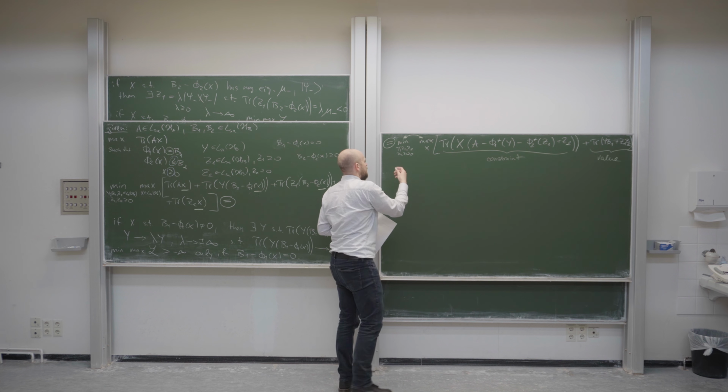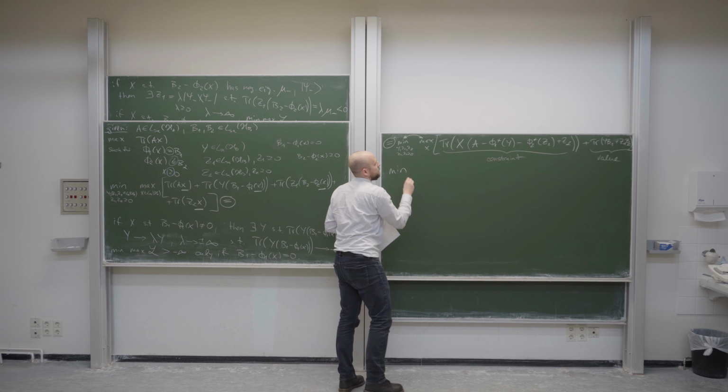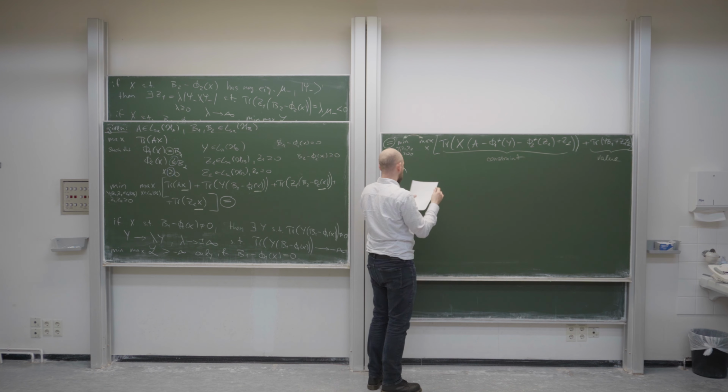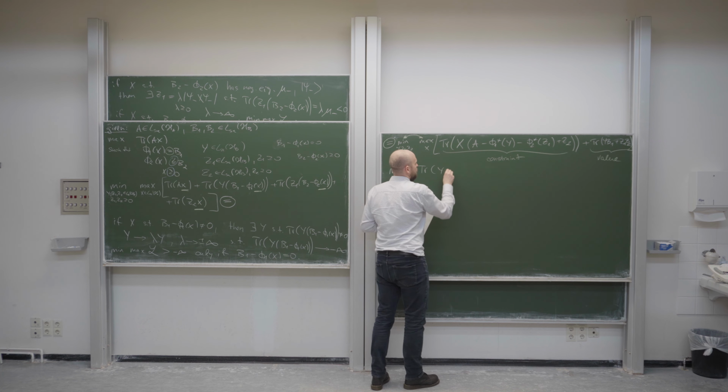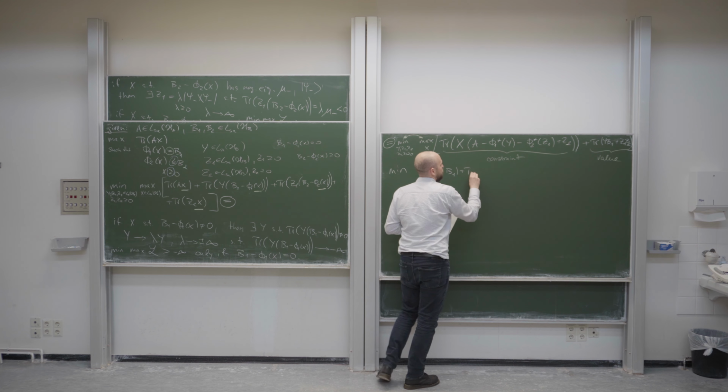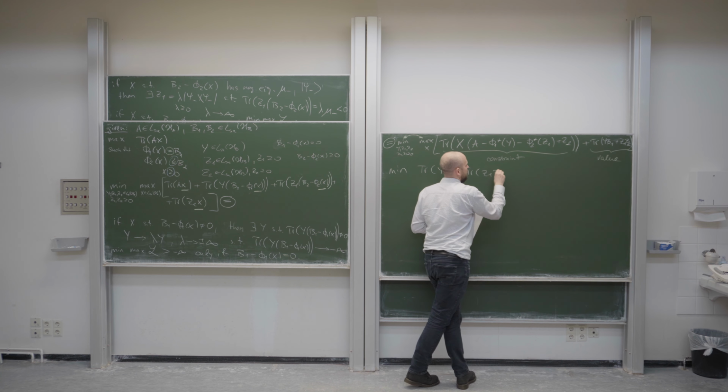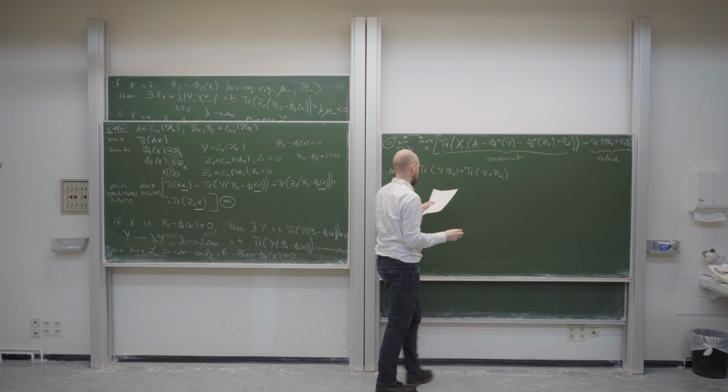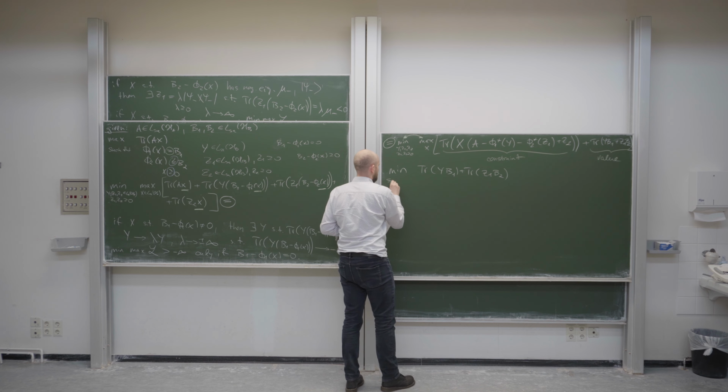So we are going to be minimizing trace of y b1 plus trace of z1 b2, such that